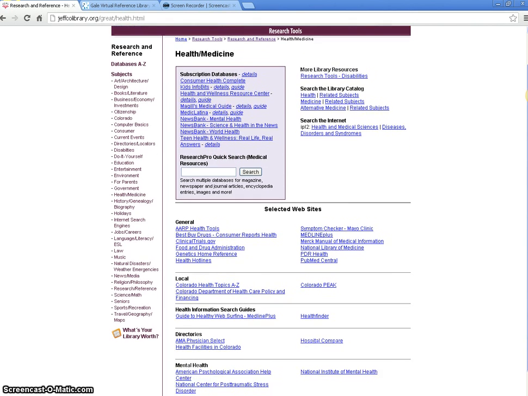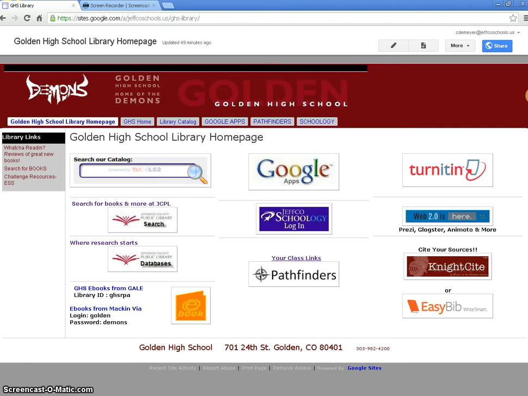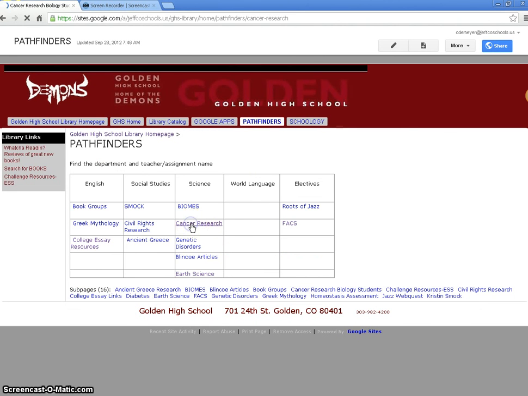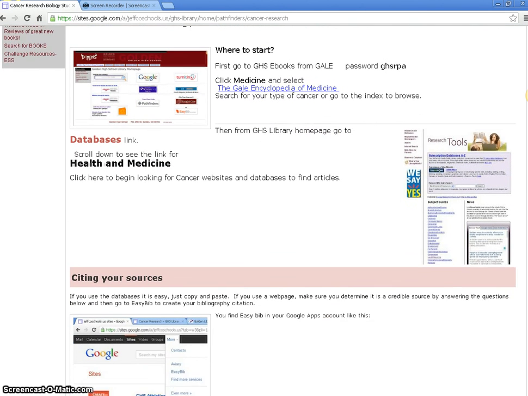But also, don't forget, scroll down, and you'll see there's different websites. Hopefully that will give you a good place to get started, and don't forget to go back to the Golden High School library homepage, and that's where you start with your Pathfinder. Click Pathfinder, Cancer Research, and that's really a step-by-step place to go to get what you need. And down here,